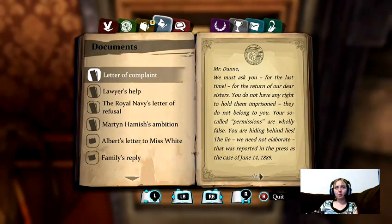Mr. Dunn, we must ask you for the last time for the return of our dear sisters. You do not have any right to hold them imprisoned. They do not belong to you. Your so-called permissions, in exclamation points, are wholly false. You are hiding behind lies! Exclamation point. The lie, we do not need to elaborate, that was reported in the press as the case of June